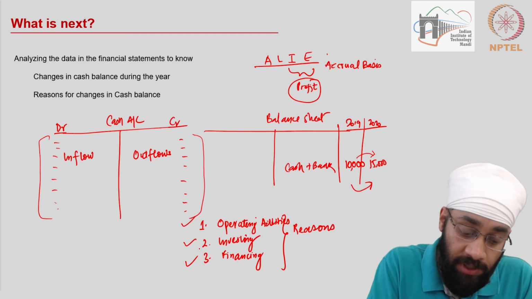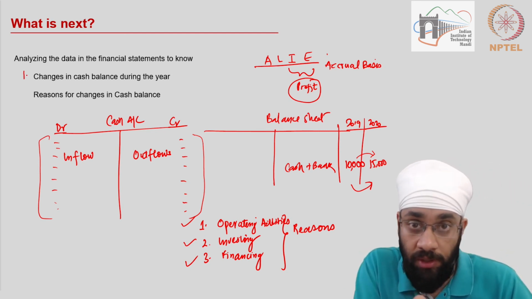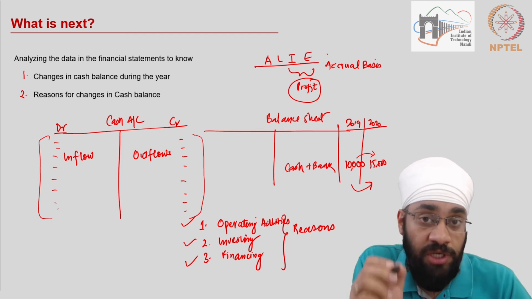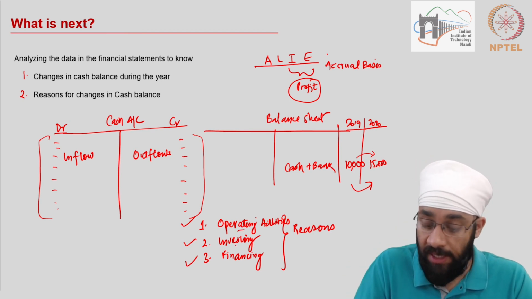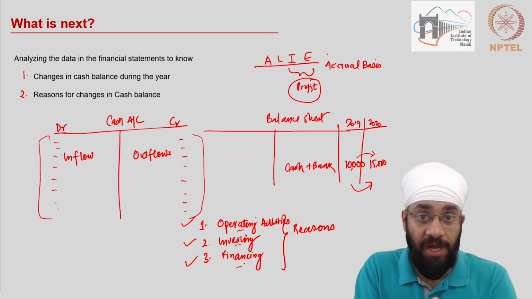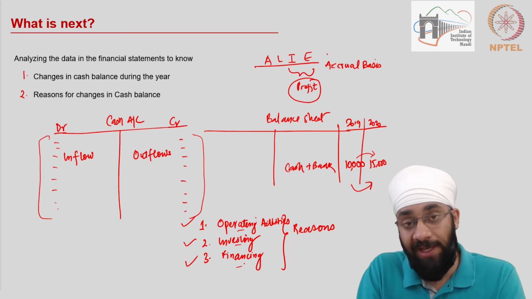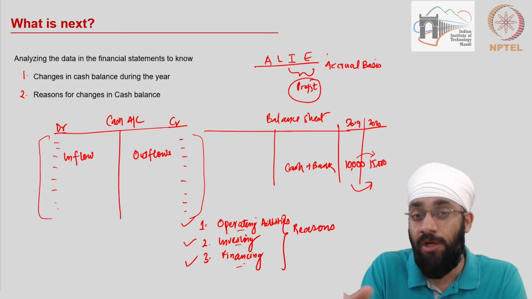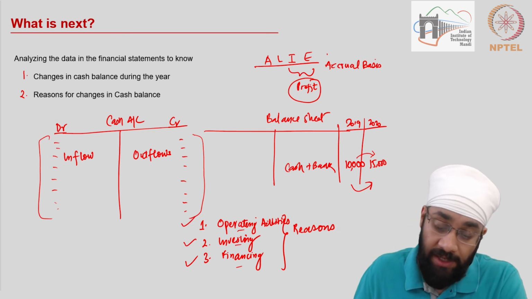So in this statement, we first of all look at the change in the cash balance between the 2 years, and then we identify the reasons for changes in the cash flows. The reasons are divided into three: operating reasons, investing, and financing reasons. So this breakdown is provided so that the stakeholders in a business know whether operating activities contribute cash to the business or take away cash from the business during a financial year, and the same for the rest of the two categories.